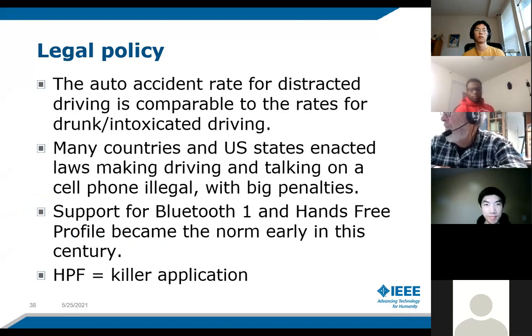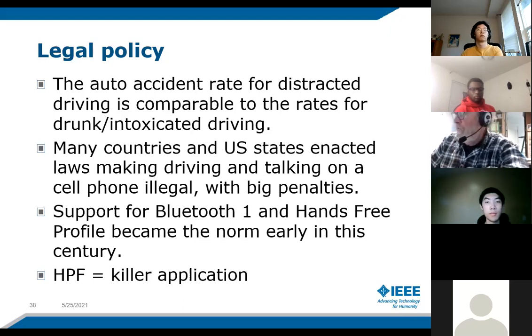Like I say, the accident rate for distracted driving is worse than drunk drivers. So many countries and many US states enacted laws making driving and talking on a cell phone illegal with big penalties. So support for Bluetooth 1 and hands-free profile became the norm early in this century. So hands-free profile is a killer app.